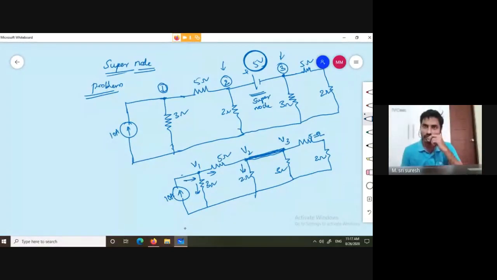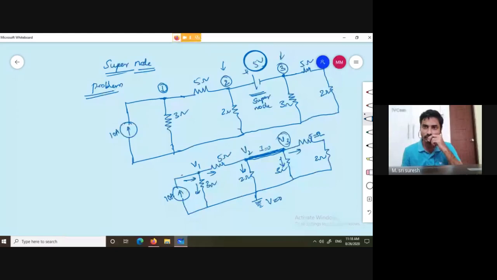Here, due to the V2 potential, the current is passing like this, and here the two potentials V2 and V3 are equal, so there will be no current passing through this. So in the super node branch there is no current. Here I is equal to 0. But due to the potential V3, the current is passing into this and this, like this. So here there is a common potential called ground potential. Here voltage is 0.